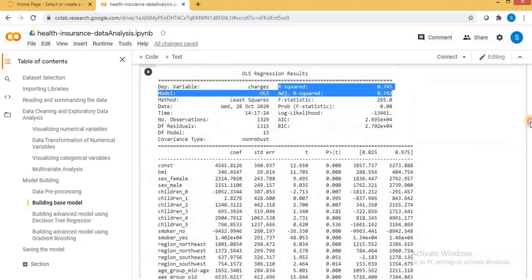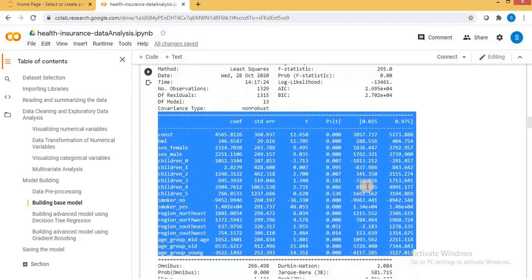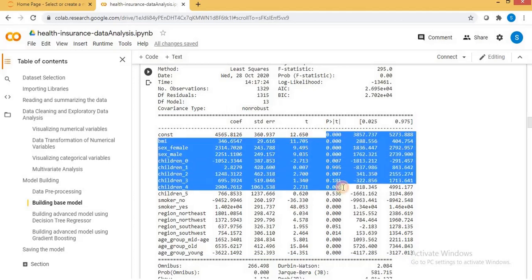And below this, we have a list which specifies the p-values for each of the independent variables. This p-value represents the significance of the independent variable over the dependent variable. The lower the p-value, the more significant is our variable. This is not our final model. We need to optimize the model by removing the insignificant variables. The insignificant variables, as we discussed, are determined by the high p-values.